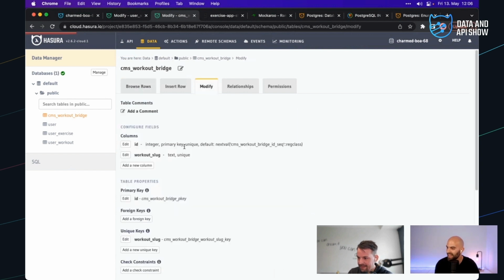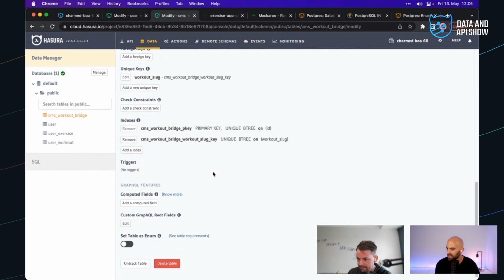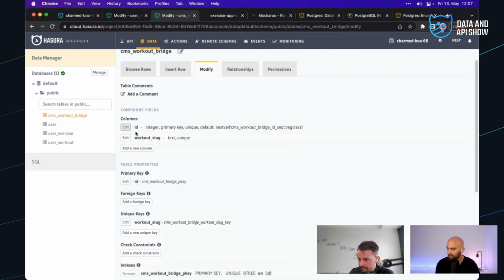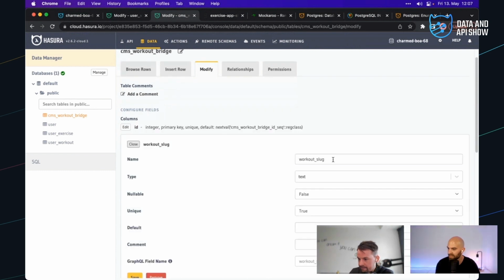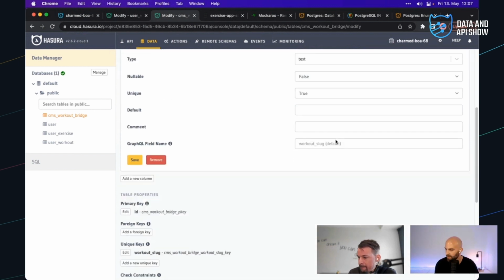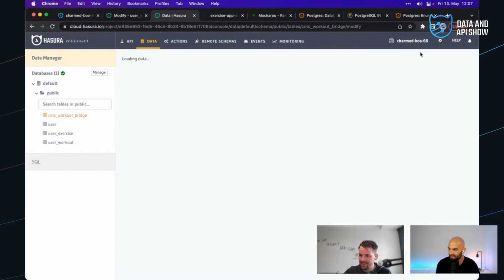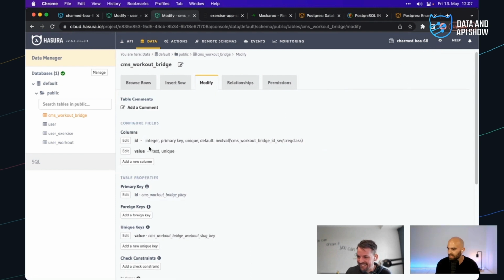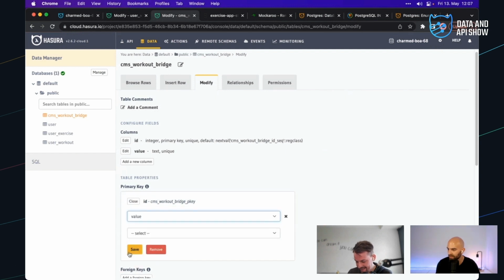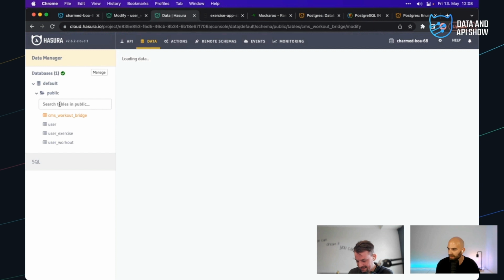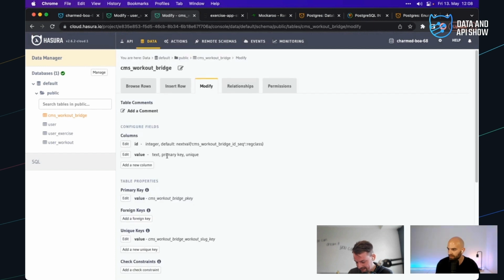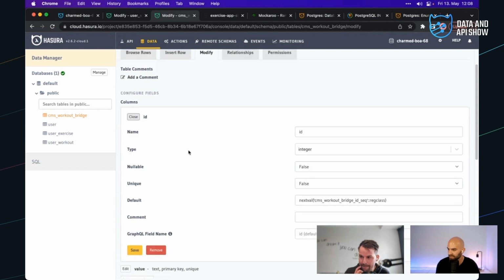If we go to modify and we change this now, we're going to go ahead and actually delete the column value here. So we say, I think it's listed as my primary key. So what I'm going to do is switch now to say here, this is going to be called value. I hit save. Making sure you're not shooting yourself in the foot, right? Yeah. All right, so we have it there. What we're going to do now is tell it that the primary key is actually going to be value instead, which is okay. I go ahead and I have a check here again. So we have value is now my primary key, so I should be able to delete the ID now.